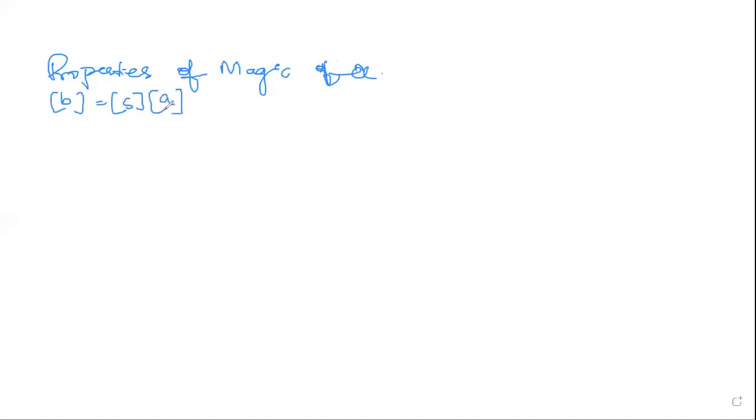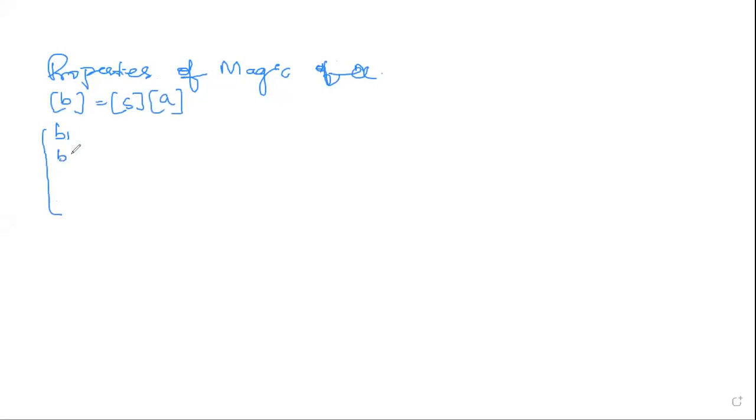So next will be the properties of magic T. You have around 8 properties to remember so that it is easy to solve the problem. Write down the equation of S parameter. Normally how we write for the matrix, that is B is equal to S into A. Now for this S parameter, we are going to write the S matrix of magic T.